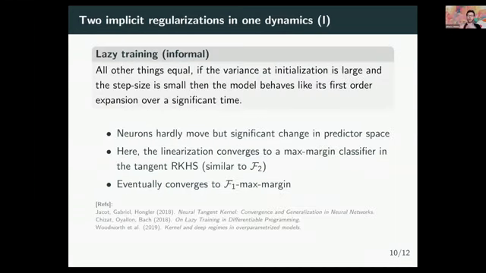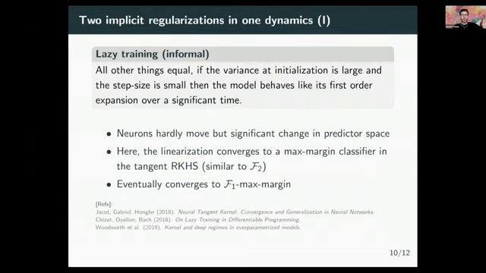So I'd like to conclude with a last comment, which I think is a funny phenomenon, where we can see two implicit regularizations along a single training dynamic. Let me explain. There is a phenomenon that we have heard a lot about recently in the past 2-3 years in the machine learning community, which I like to call lazy training, also called the kernel regime of neural network training. I will put it in my own words: in this context, if I keep all the parameters equal,